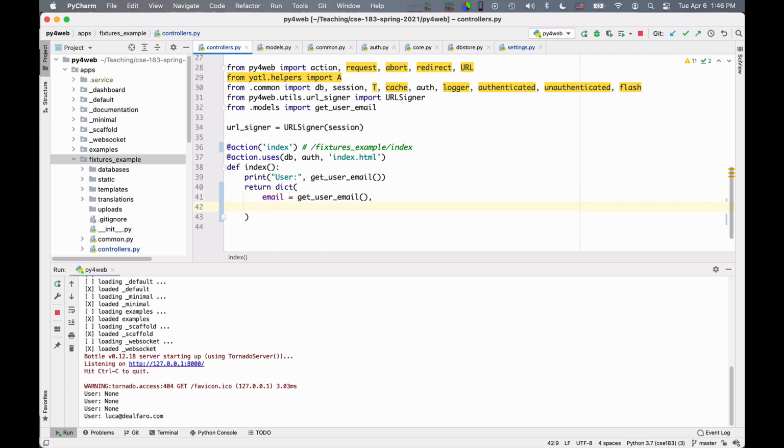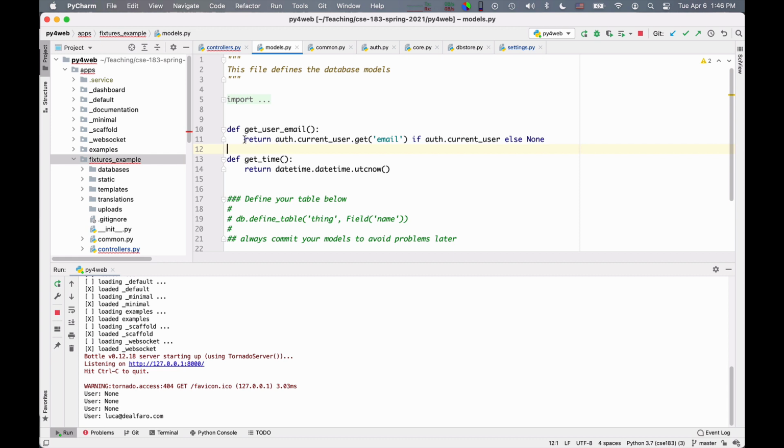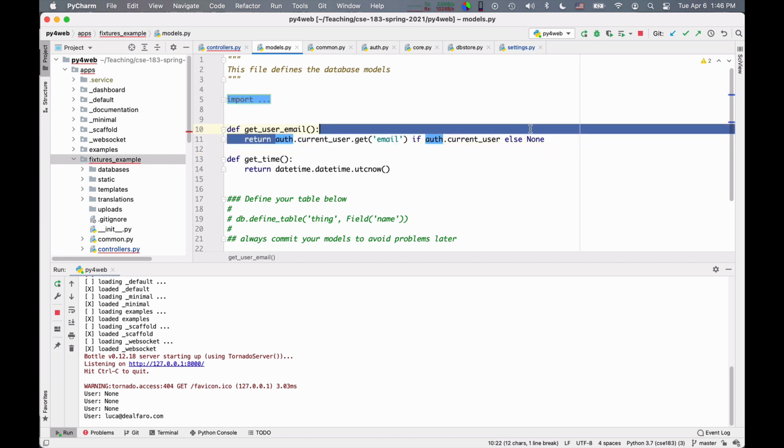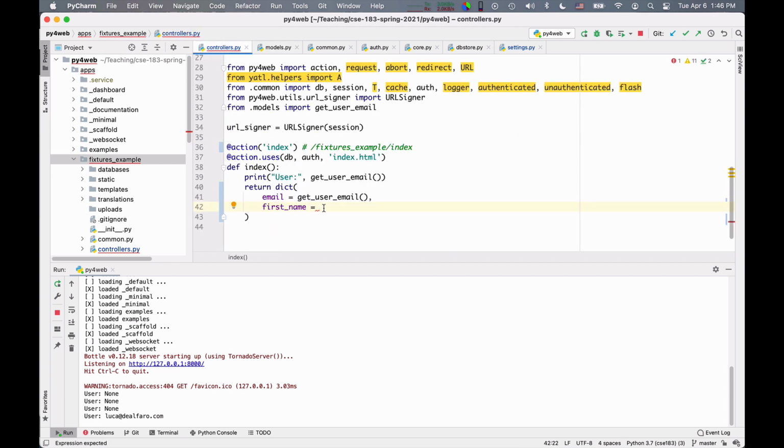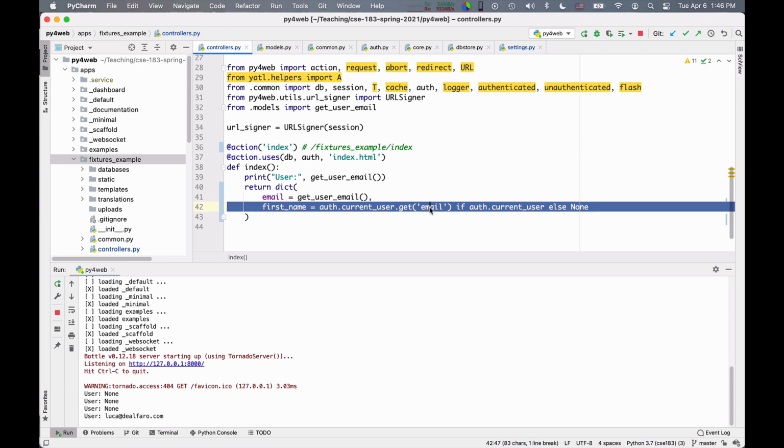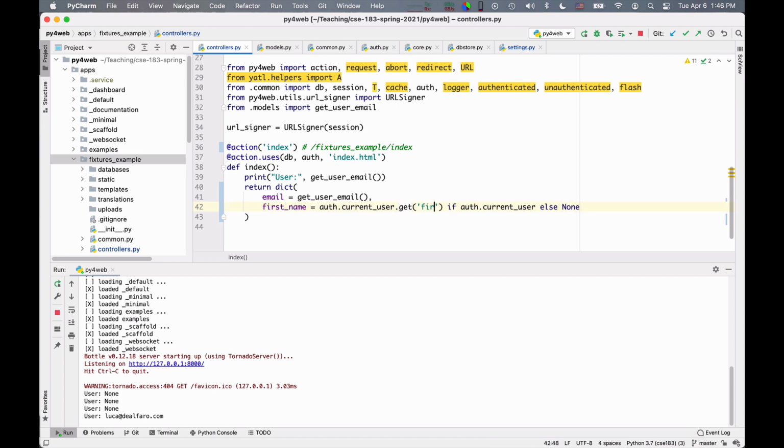Okay, and then I have to say first name is equal to, let me look at how I did this lookup of the user email. Okay, it's here. Let me copy this line a moment. So auth current user get, the field is called first name, else none.